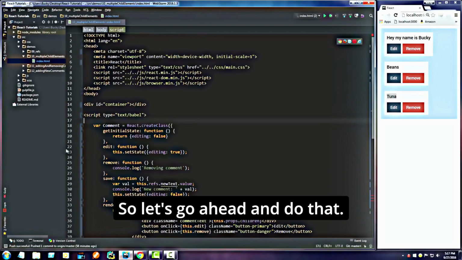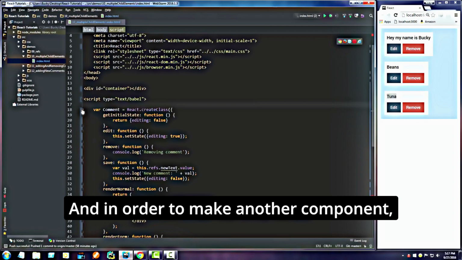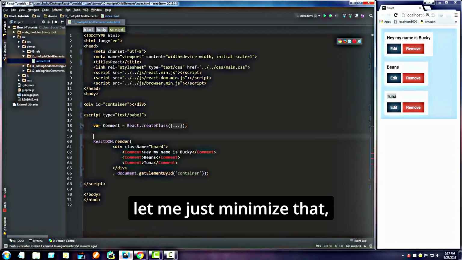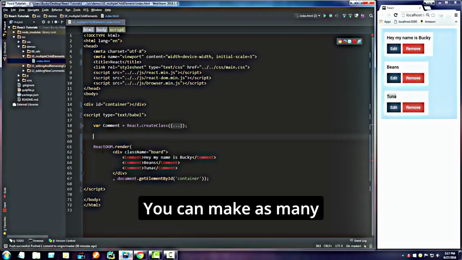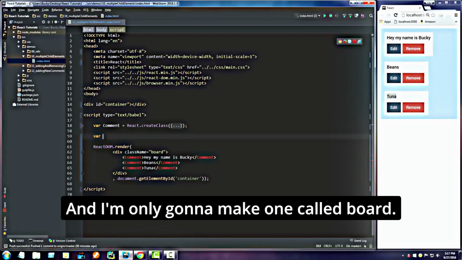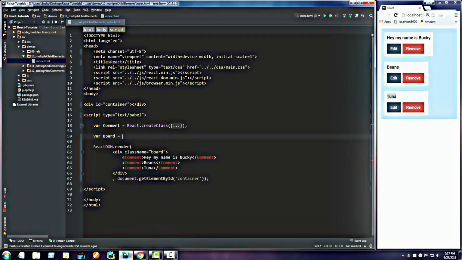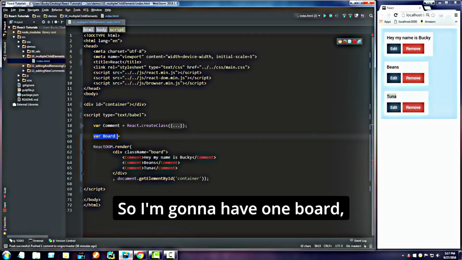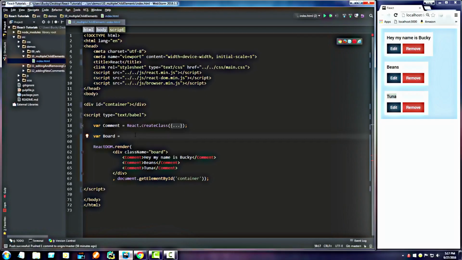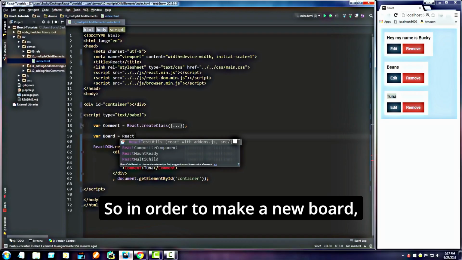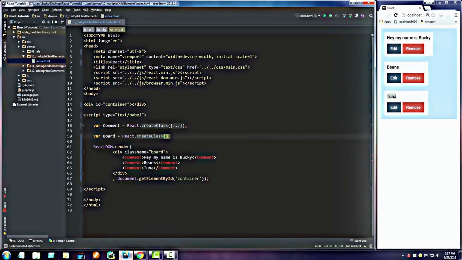So let's go ahead and do that in order to make another component. Let me just minimize that so it's a little bit easier to see. So here's my comments right here. You can make as many comments as you want. And I'm only going to make one called board. So I'm going to have one board, and we can stick a dozen comments in there, 3, however many we want. So in order to make a new board, just go React, create class,